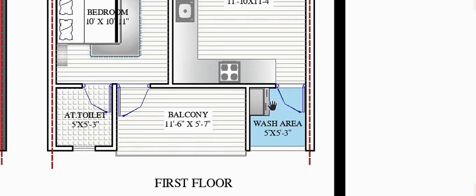and here the wash area, and centrally the balcony space. The attached toilet is in the 5 feet range. It means horizontally here to here 5 feet and here to here 5 feet.